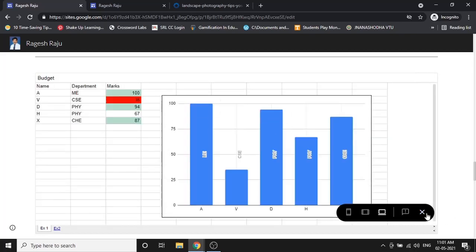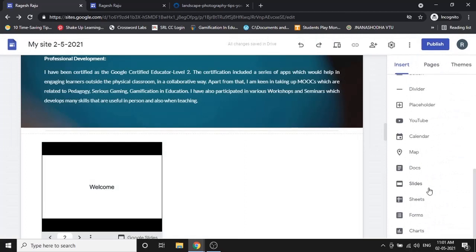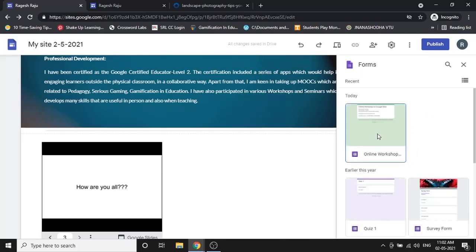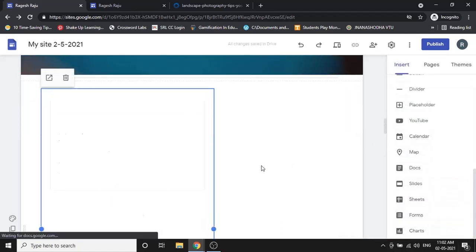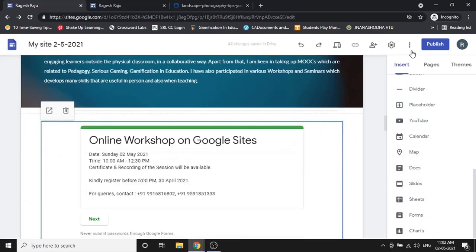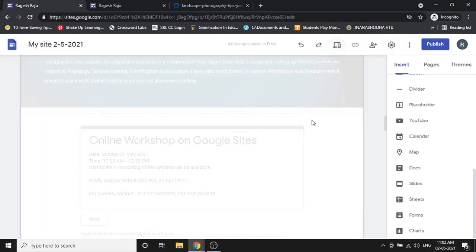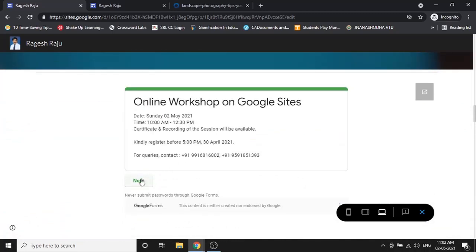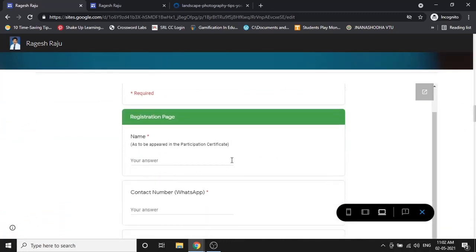Okay, so this is how an Excel and your spreadsheet can be inserted here. If you want to insert a Google form, you can always insert a Google form. I click on forms. If there are some forms available, you can upload the form. So the same form which we had for the workshop, I just click on that. I click on insert, and that can be added. So see, like this, you can just adjust this, and I click on preview. When I click on preview and scroll down, I'll be able to see my Google form here itself, right? So I'll be able to fill it from your website itself. Do not open a Google form separately.